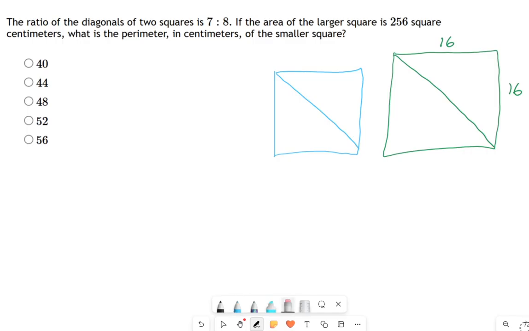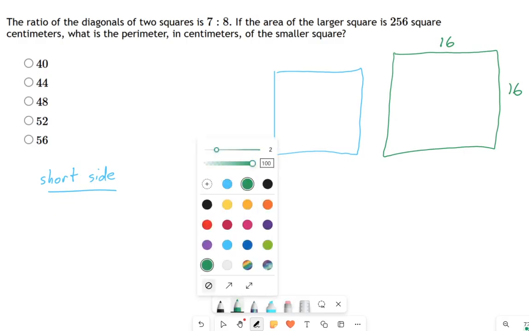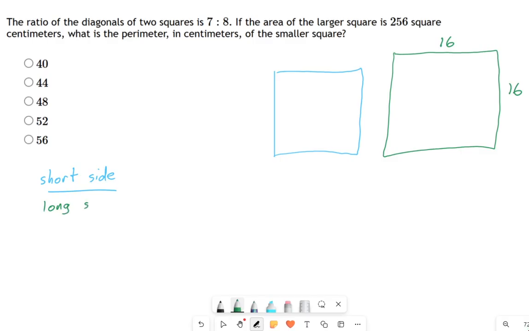It's not important because if you know that the ratio of the sides, let's say it this way, short side over, and I'm going to draw these in different colors just to keep it straight with the diagram that I have so far. Short side of the square divided by long side of the other square. That's the ratio. And that's going to be equal to the long diagonal compared to the short diagonal. It's the same exact relationship.